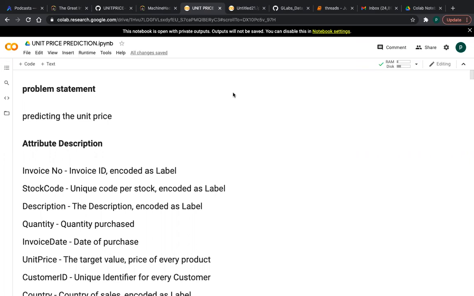Today I come up with a new data science project, friends. The project is called Unit Price Prediction, meaning product price prediction, how the price will be in the future. So this is a very interesting project, friends. You will get very good information about how to do a data science project and how to start a data science project. It is a type of end-to-end project.